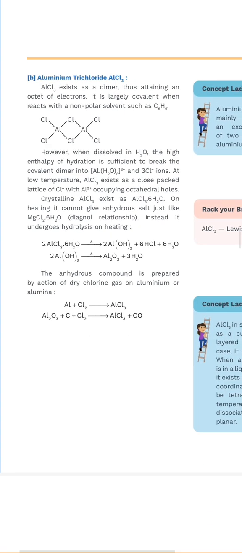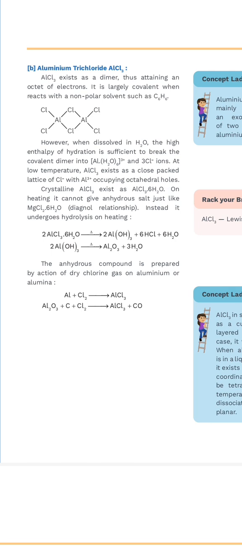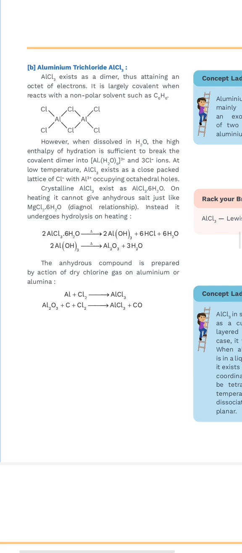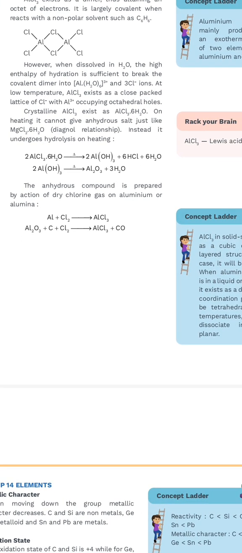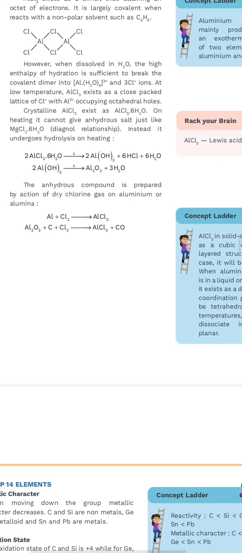Aluminium trichloride, AlCl3. Aluminium trichloride exists as a dimer, thus attaining an octet of electrons. It is largely covalent when it reacts with a non-polar solvent such as benzene. However, when dissolved in water, the high enthalpy of hydration is sufficient to break the covalent dimer into this species and 3Cl negative ions. At low temperature, AlCl3 exists as a close packed lattice of Cl negative with aluminium 3